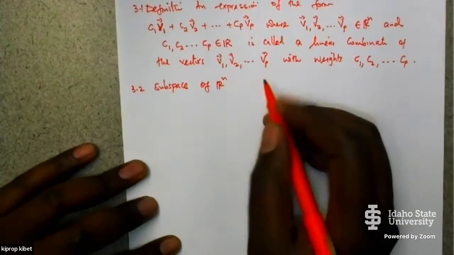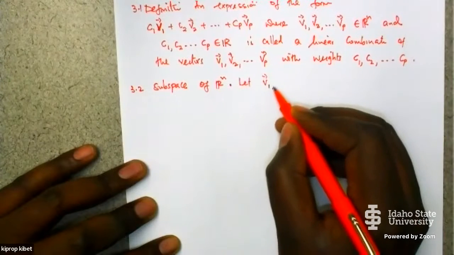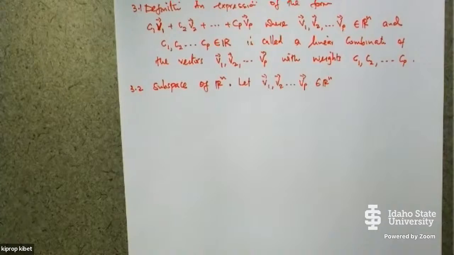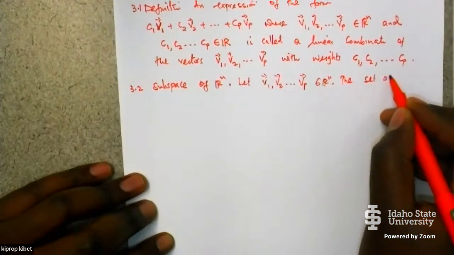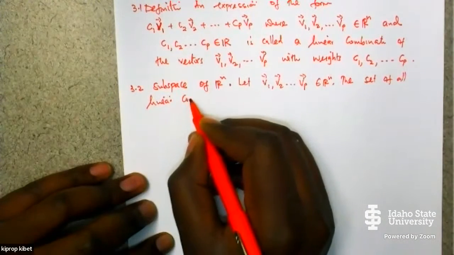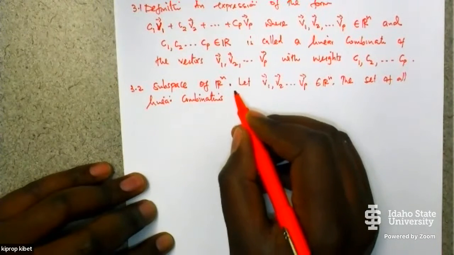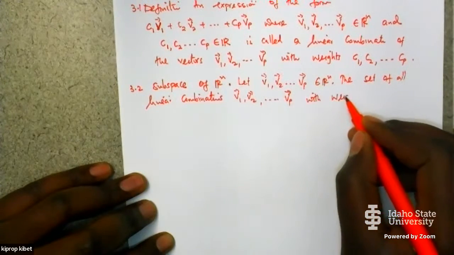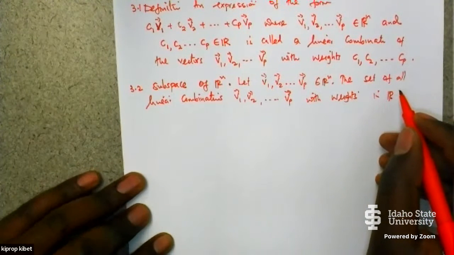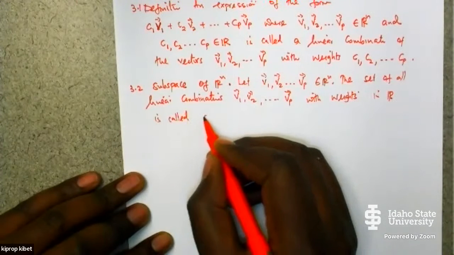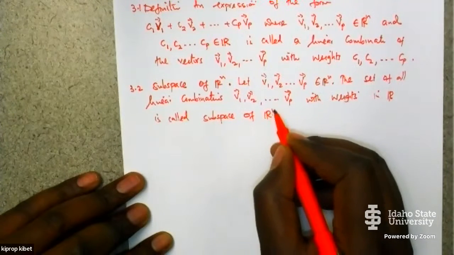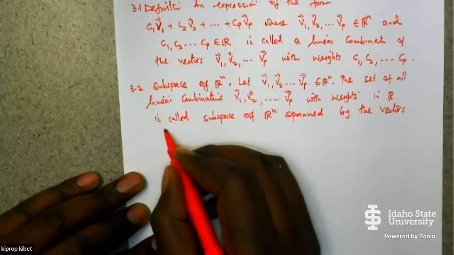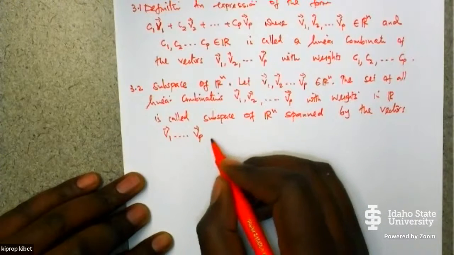If we let the vectors V1, V2 up to VP be elements of Rn, then the set of all linear combinations of V1, V2, up to VP with weights in the real numbers is called the subspace of Rn spanned by the vectors V1 up to VP,